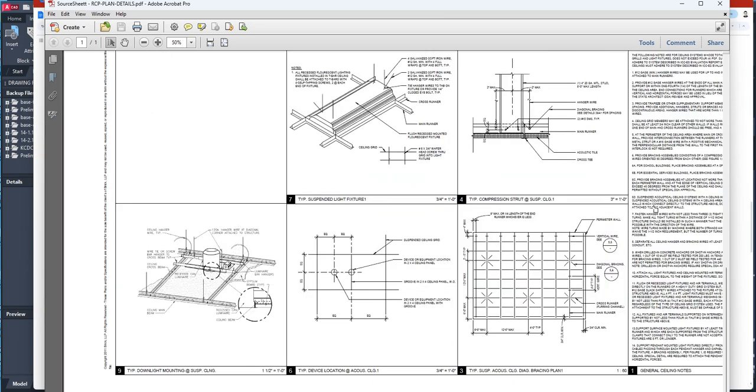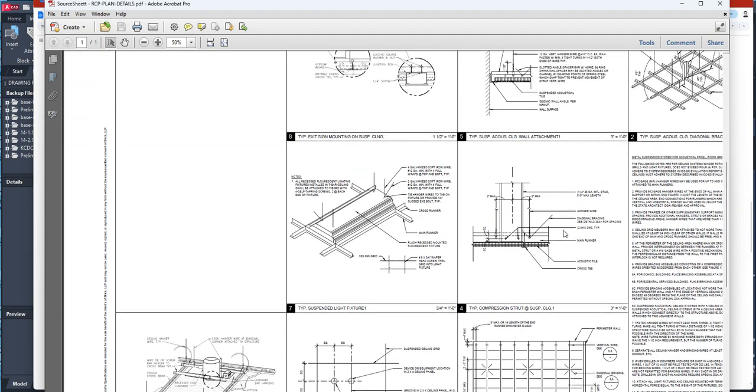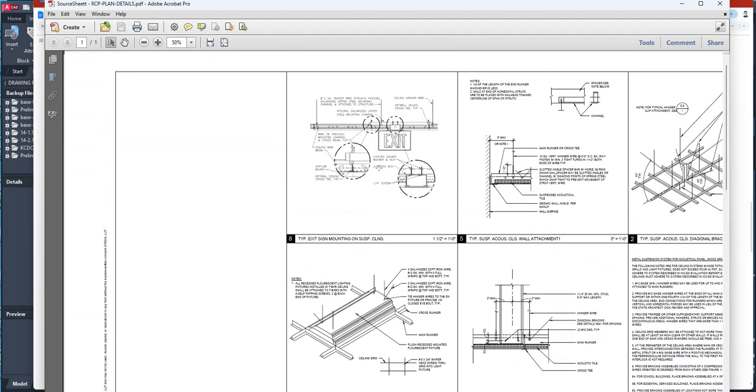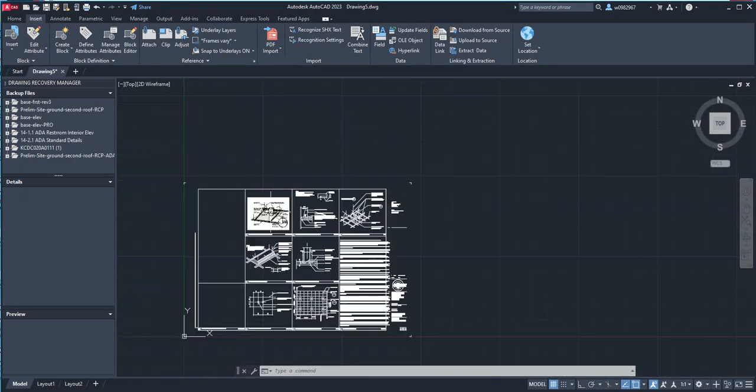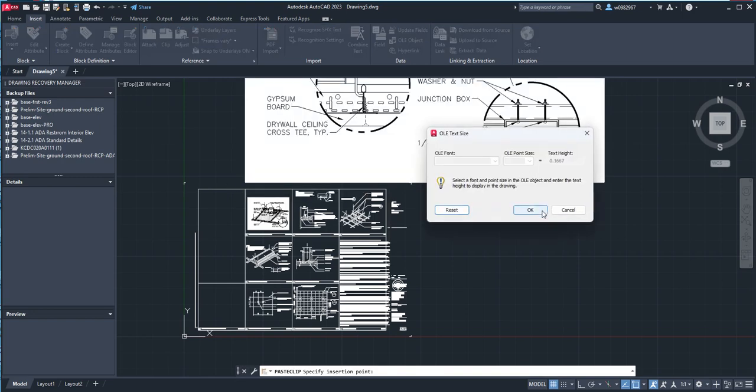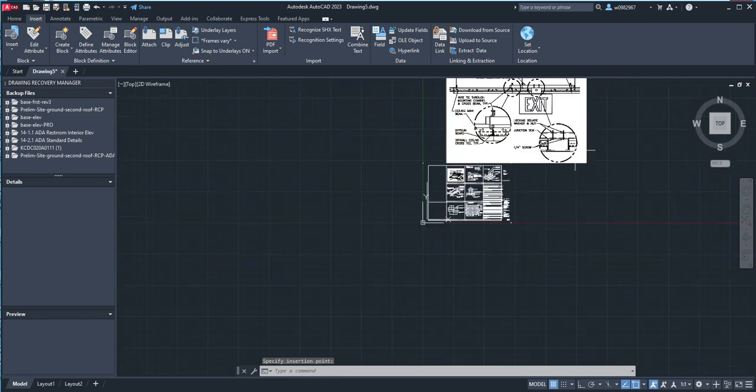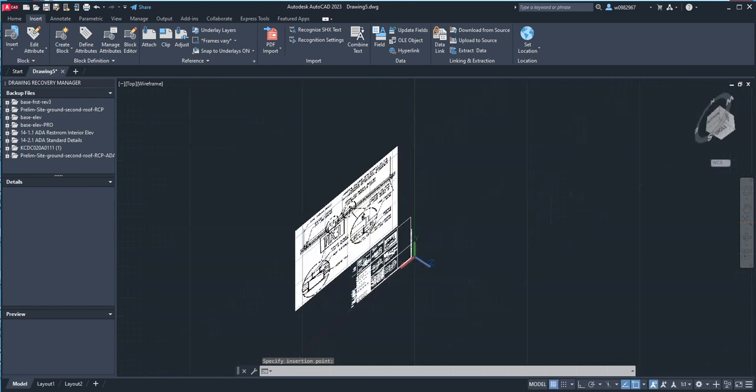So another picture here. Where's another picture here? I think this one. If you click select that, you can see that it highlights. Once it highlights, you can right click and then you can copy an image. And then when you copy the image, you can go to AutoCAD and insert that image. Then simply click OK here. And you can see that it actually is a better resolution than just simply copy and pasting